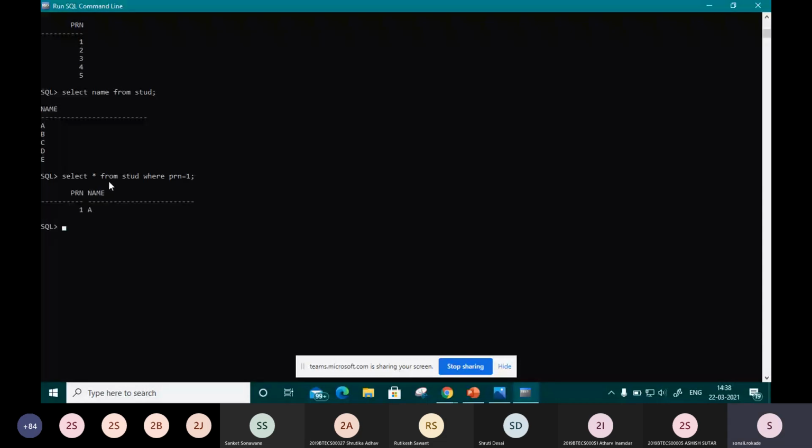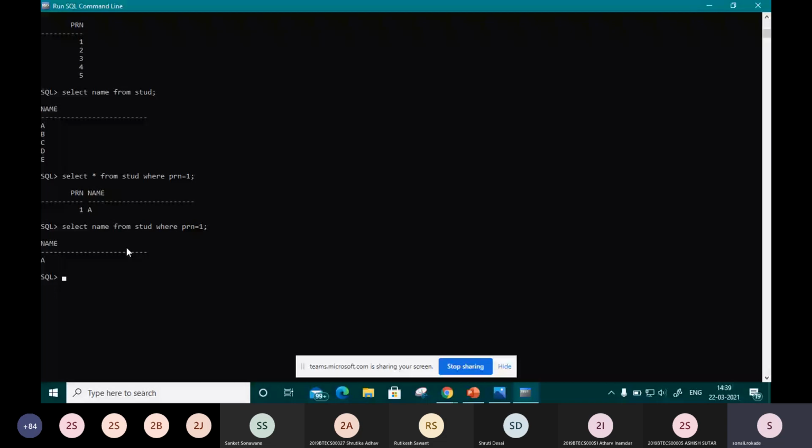So 1 will get displayed. Now suppose I want to display the name of that particular PRN. Name of PRN 1 only, so the name only will get displayed. And one more thing, that we will see in upcoming experiments, no problem. So this will be the particular attribute that we want to find out.